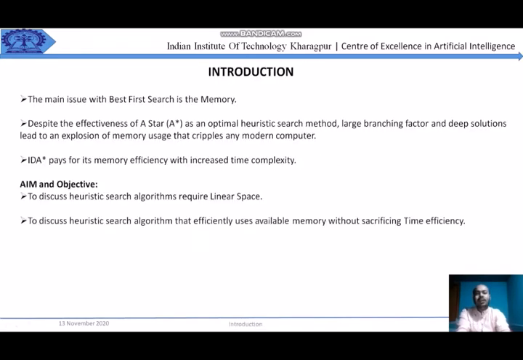In the introduction, the main issue with best first search is memory. Despite the effectiveness of A star as an optimal heuristic search method, a large branching factor, that is, the number of child nodes of a parent node, and deep solutions lead to an explosion of memory use that cripples any modern computer. IDA star pays for memory efficiency with increased time complexity. In IDA star, memory is linear, but the time complexity is much